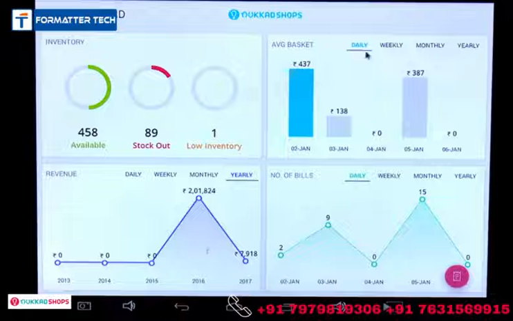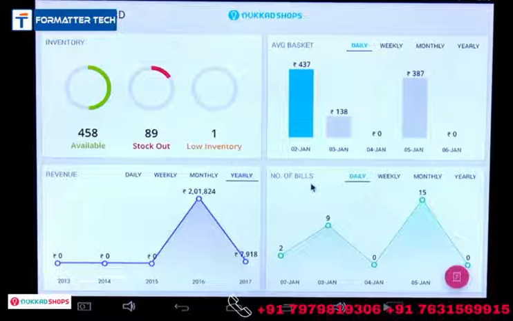So coming to the third block, which is the average basket, this will talk about on average what amount the customer is buying from your store. This is very much needed for a businessman regarding the sales. And coming to the fourth block, which is number of bills, it primarily talks about the walk-ins happening daily, weekly,